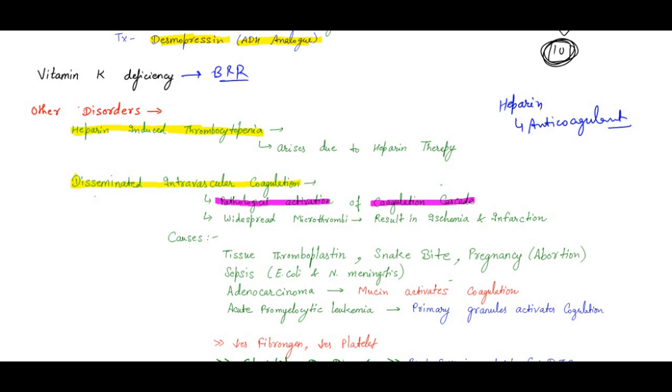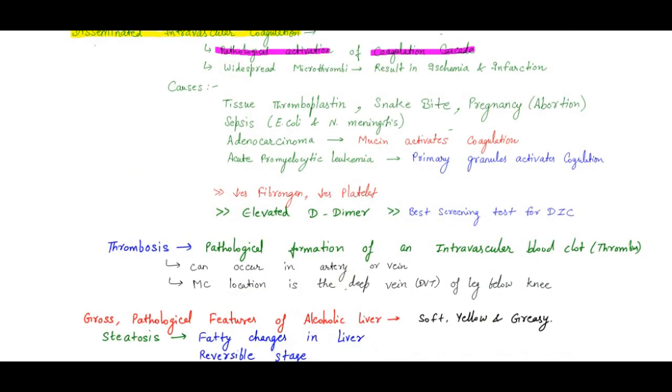Now remember the widespread microthrombi. When we have the coagulation cascade, there is a formation of thrombus. So widespread microthrombi can lead to ischemia and infarction. Now, what can be the cause for disseminated intravascular coagulation? That is tissue thromboplastin,